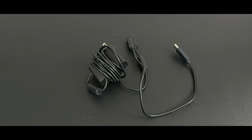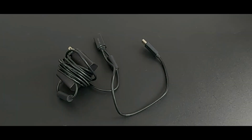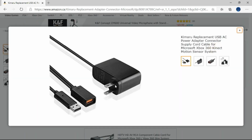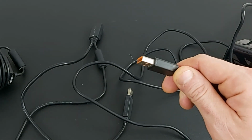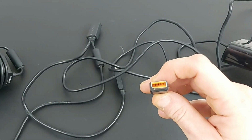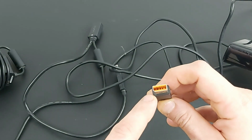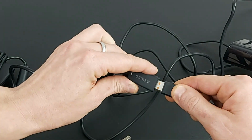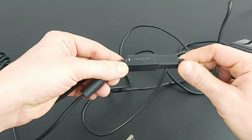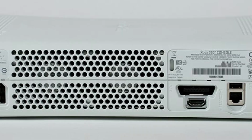Now if you already have an Xbox 360 Kinect sensor, you probably already have the power cable that came with it when you made your purchase. If not, you can always buy one online for around $20. Unfortunately, you will not be able to plug the Kinect sensor directly into your PC or laptop. As you can see, it is a special connector that does have more of a demand for power than a standard USB port. The reason the Kinect sensor used on the Xbox 360 comes with this power assembly is because